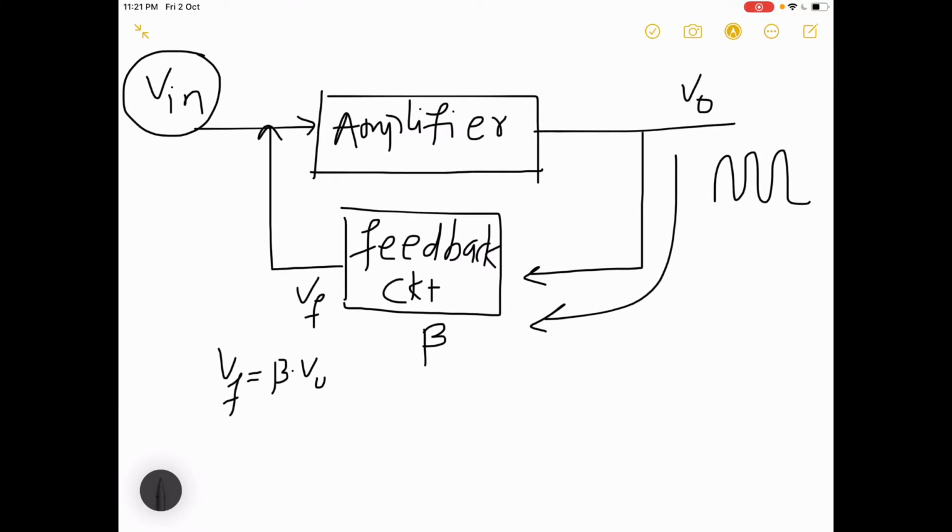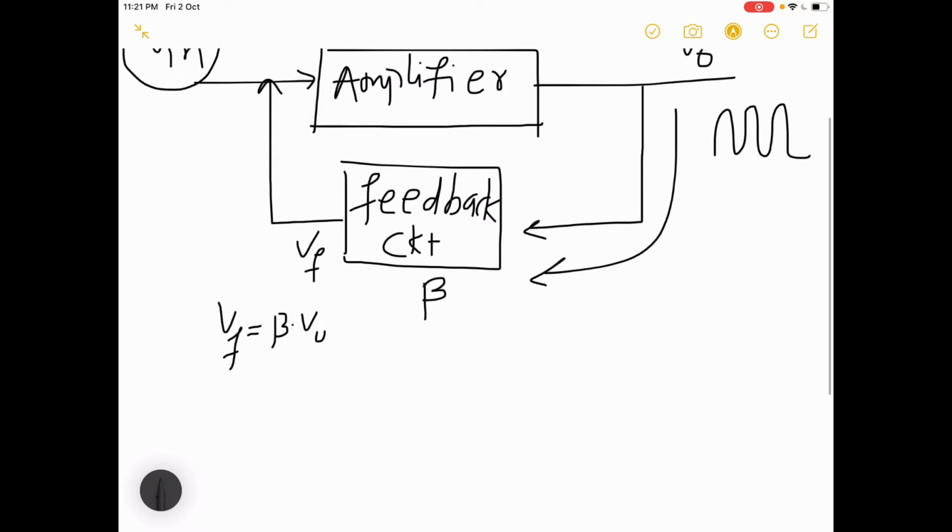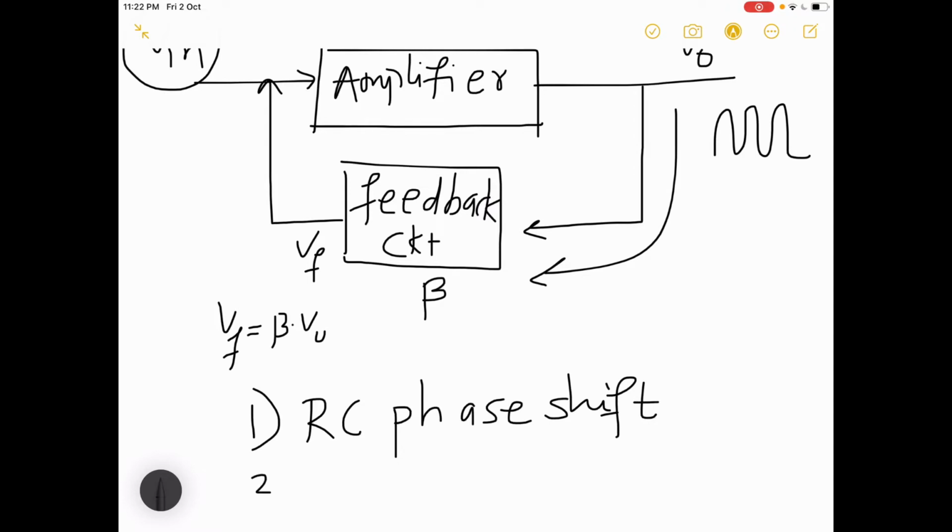As we know, all the oscillators using tuned LC circuits operate well at high frequencies. At low frequencies, the inductors and capacitors required for the timing circuit would be very bulky, so RC oscillators are found to be more suitable. So, there are two important RC oscillators. First is the RC phase shift oscillator, and second is the Wien bridge oscillator using op-amp.